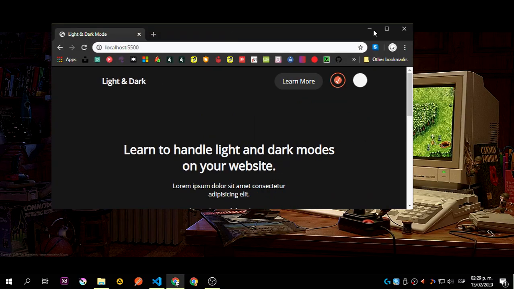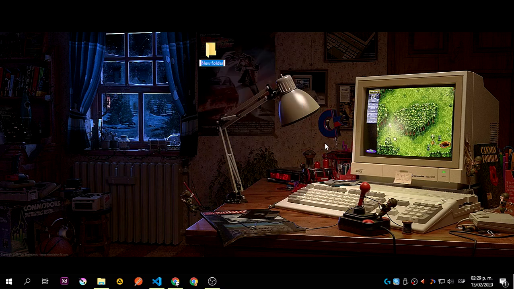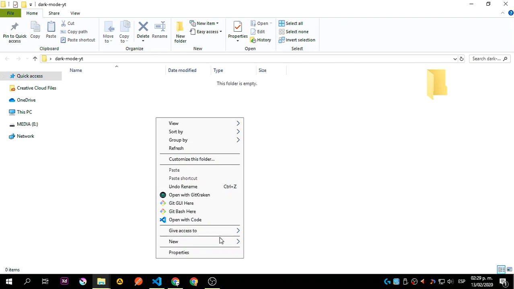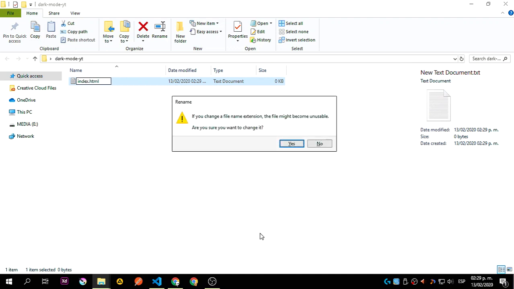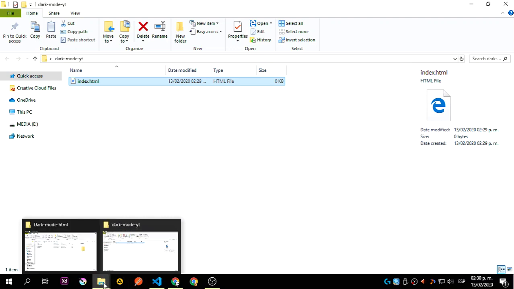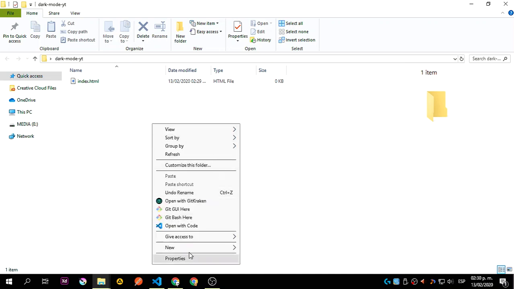So I'm going to keep this one, and let's add a new folder. As I said, this is plain HTML and CSS, so let's say dark mode YouTube, and let's add this from scratch, say index.html. I need to change my keyboard; some keys feel like they are stuck. Okay, we have the index.html. We're going to use a main CSS,